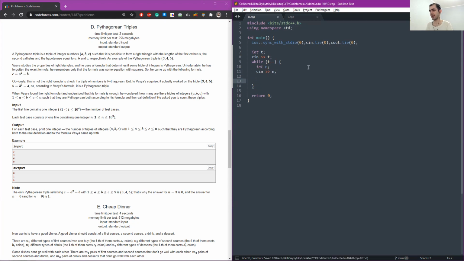What actually happens next? The correct formula is always a squared plus b squared equals c squared, and the incorrect formula in our case is a squared minus b. Suppose that we change a squared in the incorrect formula, so we have this formula. This is formula 2. And then we substitute 1 into 2.